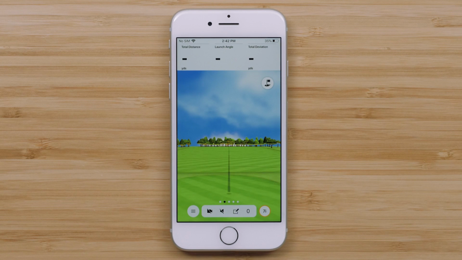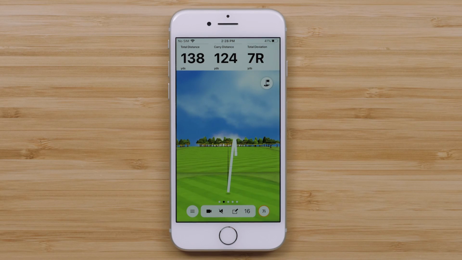Here, at the bottom of the screen, you can access a menu. This includes enabling screen capture, selecting a prompted audio metric, tag shot, which allows you to enter in notes about your last shot, an indicator for the shot you are currently on in the session, and club selection. This menu is static and will be available on any page while in driving range mode.